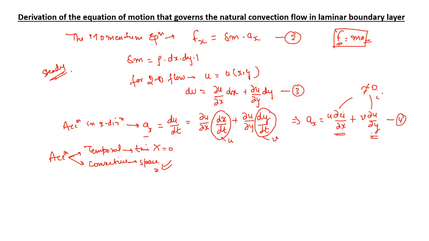In 2D flow, the viscous effect at any point on an imaginary surface within the fluid can be resolved into two perpendicular components. One, normal to the surface, is called normal stress. We should not confuse this with pressure. The other component is along the wall surface, which is called shear stress. The normal stress is related to the velocity gradients del u by del x and del v by del y, which are much smaller than del u by del y.